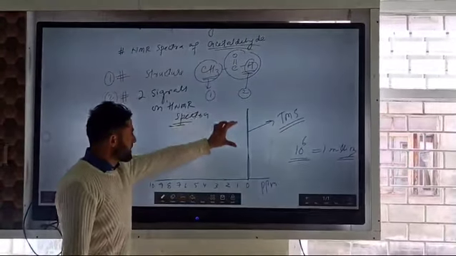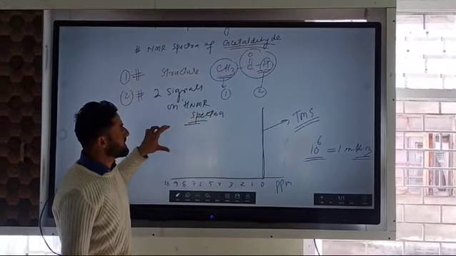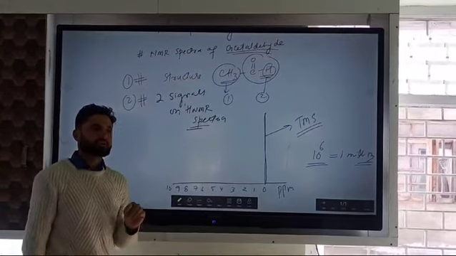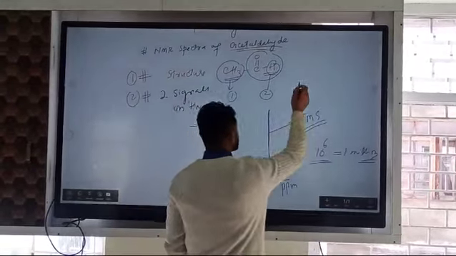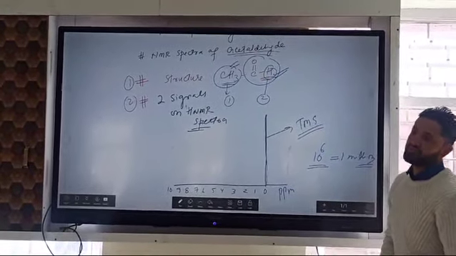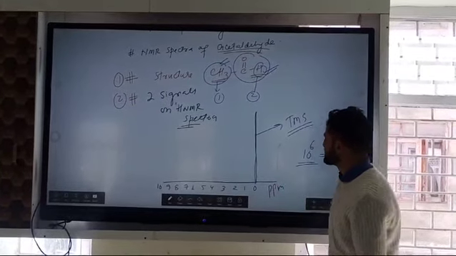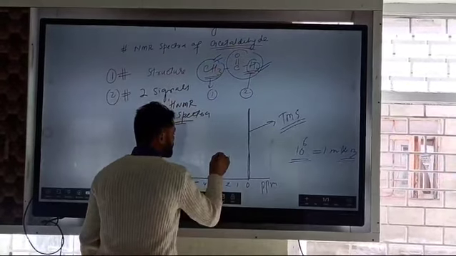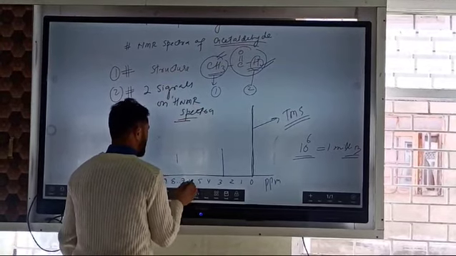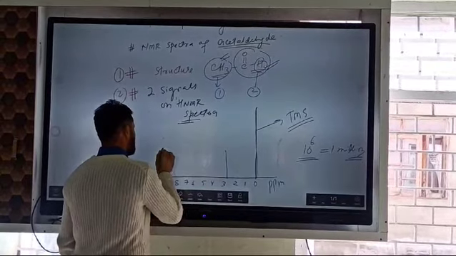Now, with this reference, we will look for the different types of protons in our compound. Our compound is acetaldehyde. We have two different peaks. Two different peaks means we have two different types of hydrogens in two different chemical environments. Depending on that chemical environment, we will have two different peaks on this spectra. For example, I am just drawing the two peaks here. One over here, and the other one over here.